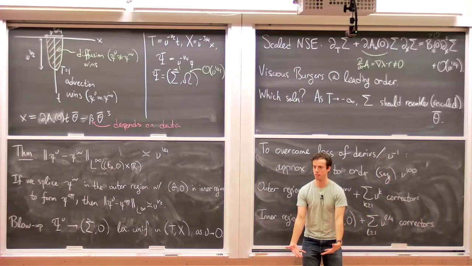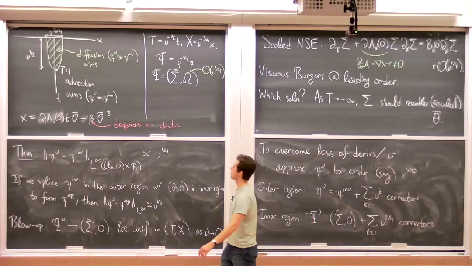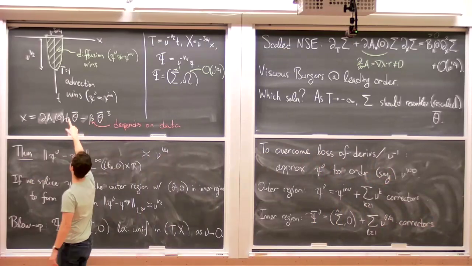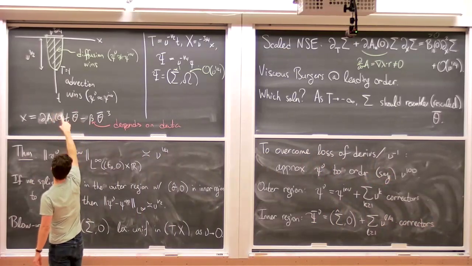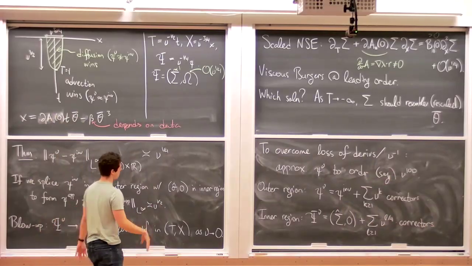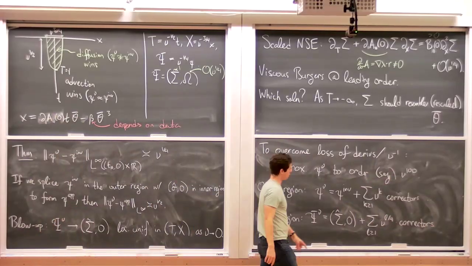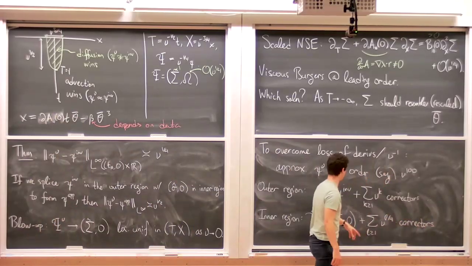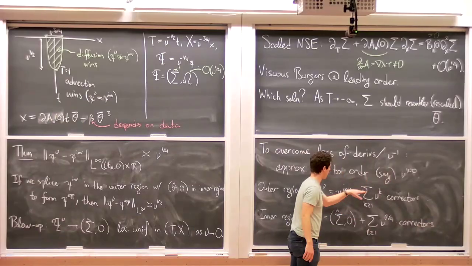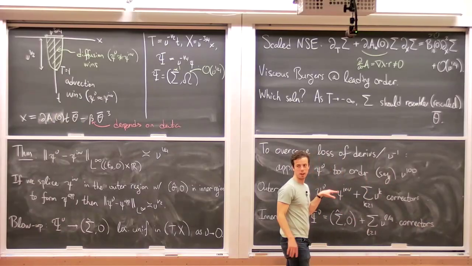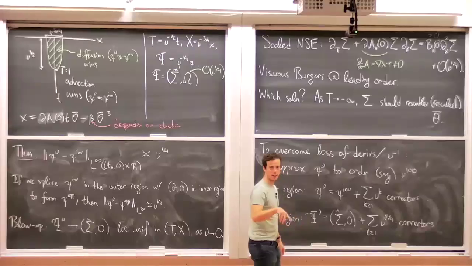Because it doesn't come from the initial data. It has to somehow implicitly come from the behavior of the solution, say, on the boundary of this region, roughly speaking. So the data for these correctors has to come from the behavior of the outer expansion on some intermediate